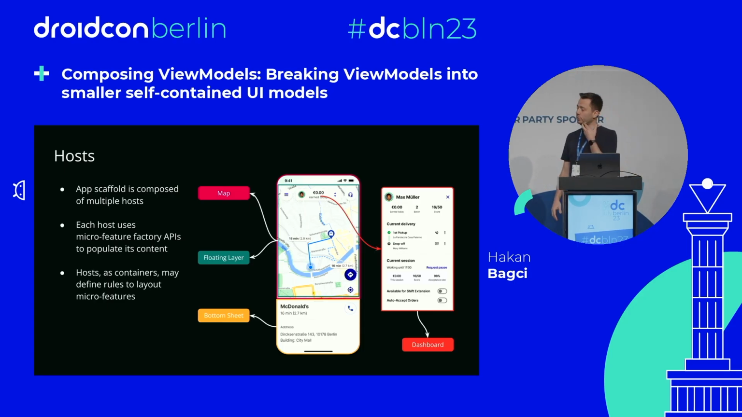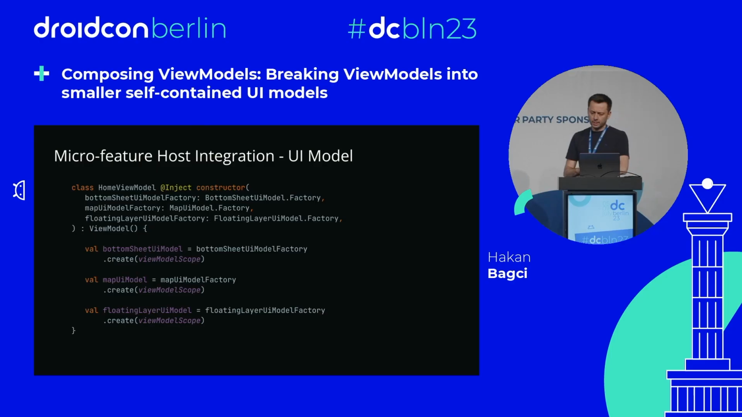Now let's explore how a host can use these factory APIs and display a microfeature. Let's start from the root host, which is the home screen. So we talked about this map, bottom sheet, and other hosts, but there is also a root host. Let's call it the home screen, the home root. So here we have, from the ViewModel perspective, the root host represented by this home ViewModel. And as you see,